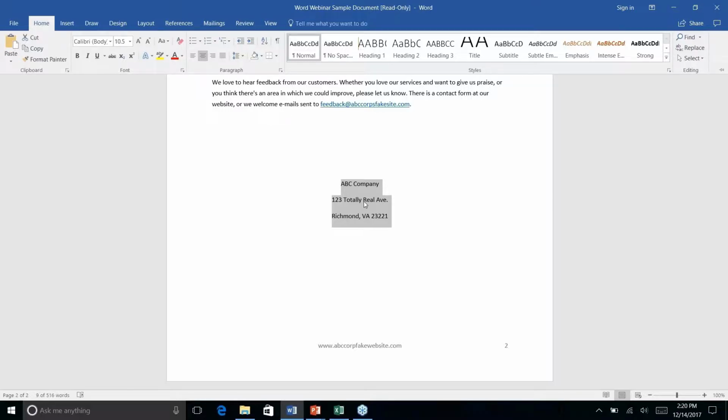So something that in a business newsletter or a flyer or anything that you are publishing through Word, you're probably going to want to have your company information somewhere that is easily accessible. You can put it in the header or the footer. It might get a little cluttered. Maybe you want to make it really stand out. This is a great way to do it, but of course you're not going to want to type it out